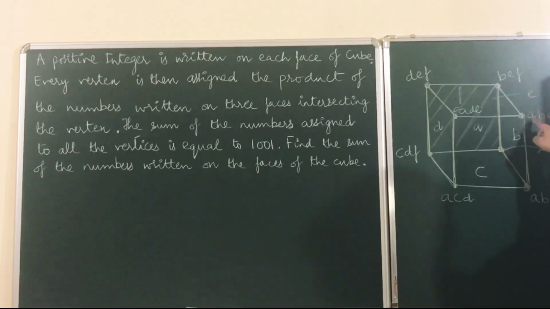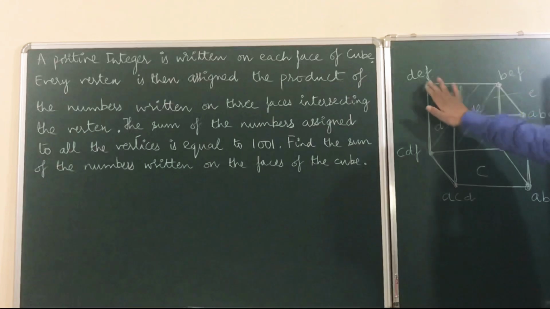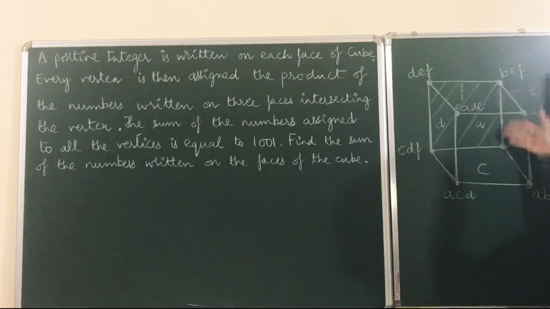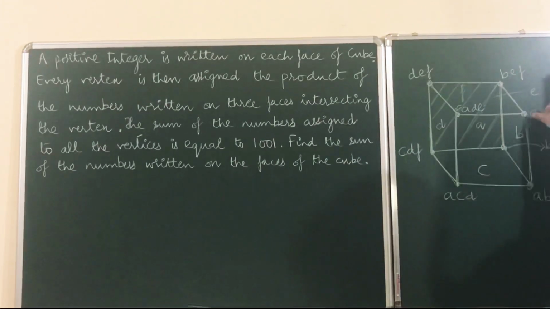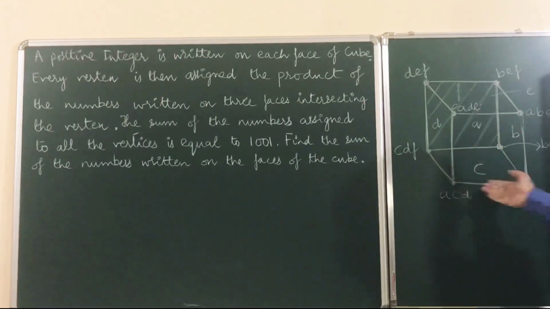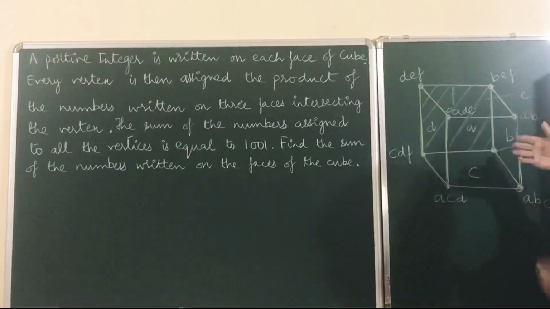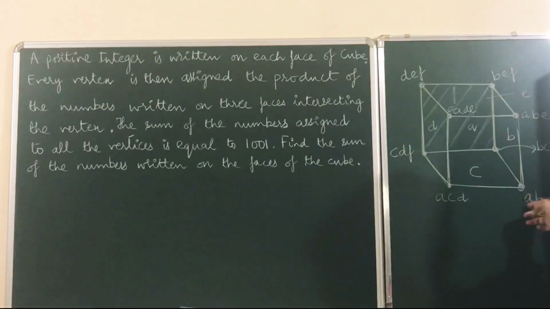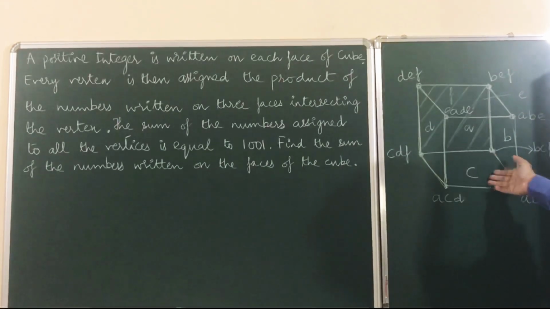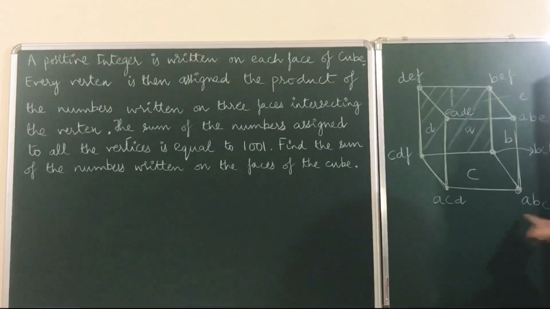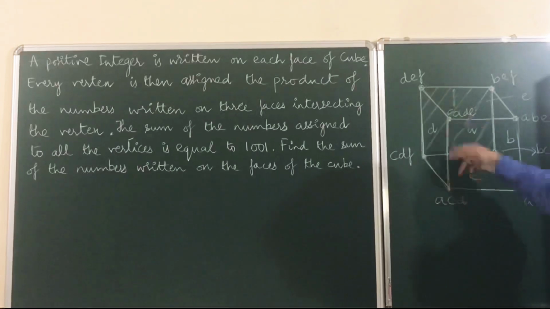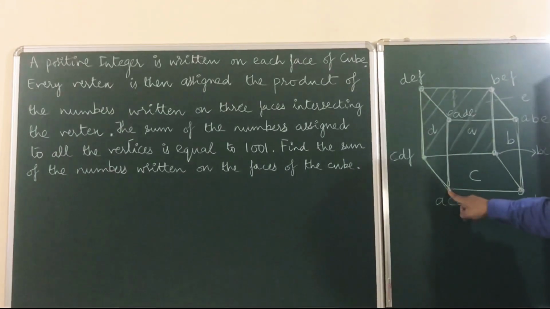So you can see this is the point you will get. This top is E, that side is B, and this forward side is A. So this point has become ABE. Similarly, I can take down is C, that side is B, this side is A. So this point is ABC, the product of these three faces. Similarly, this is a top, so this point has to be A, this is D there and down is C. So this point is ACD.